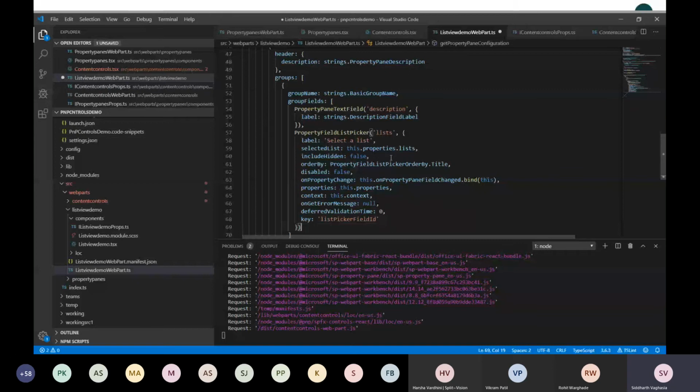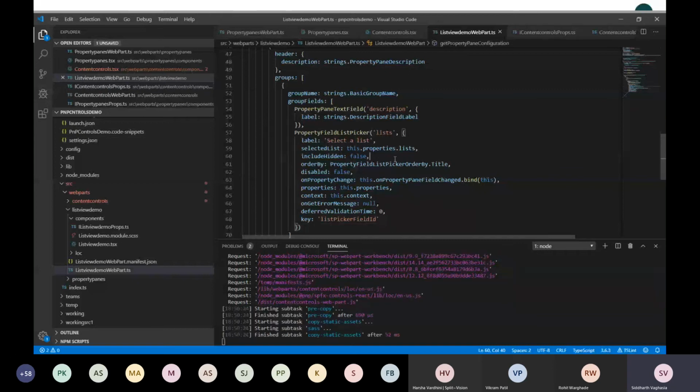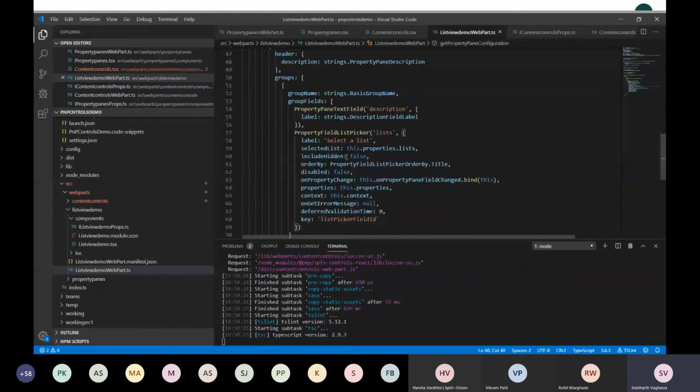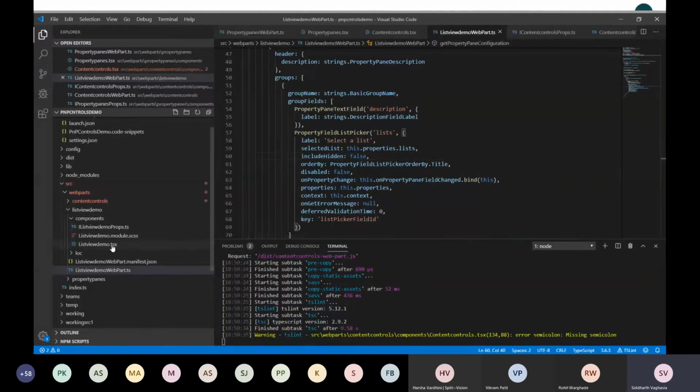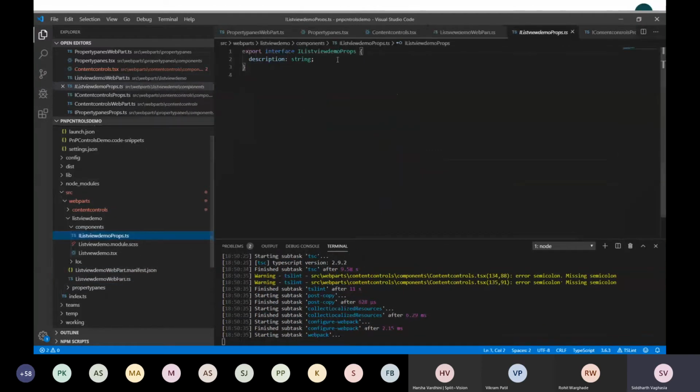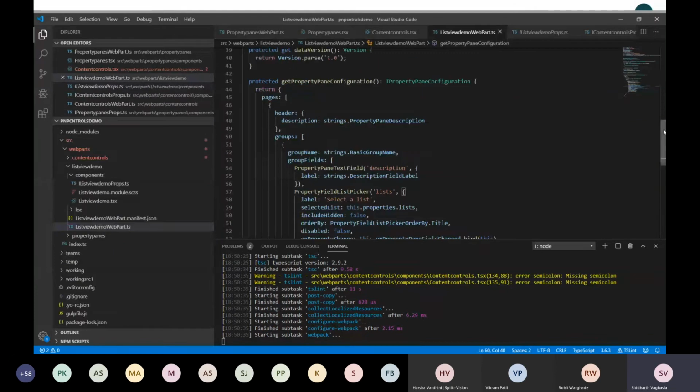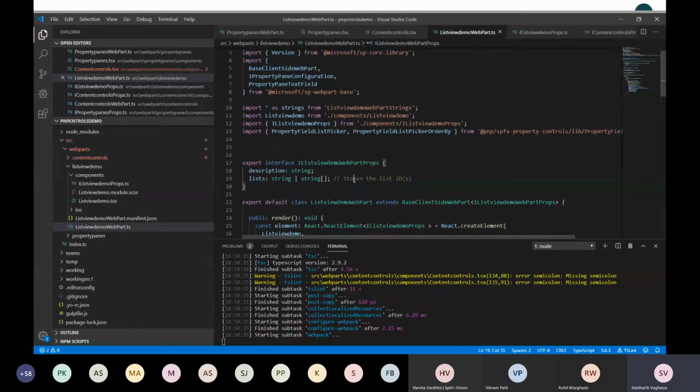Okay. So this will add the control. Now next thing is we have to pass this selected list, or the value which will be selected by the user, to the React component, right? For that, again, I will create a property in my React control.